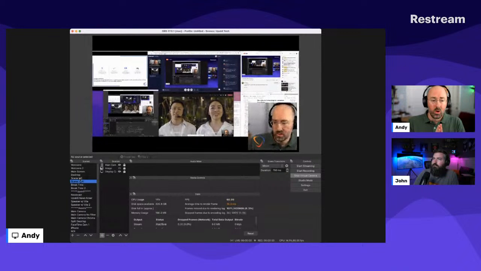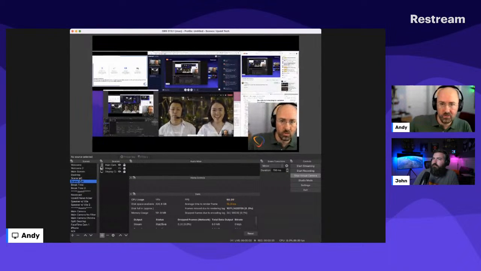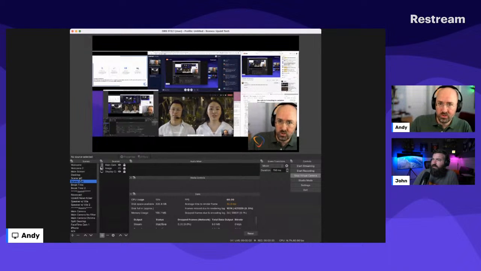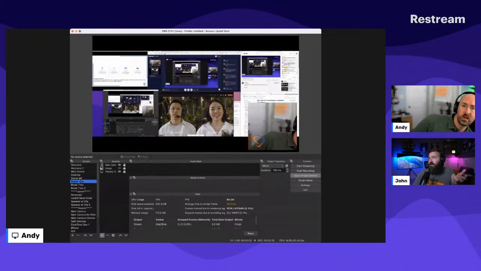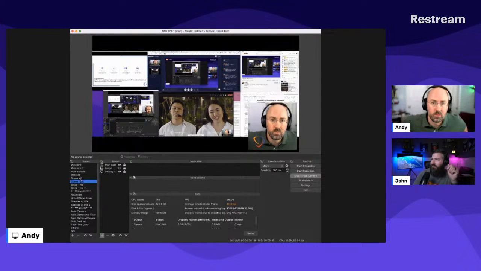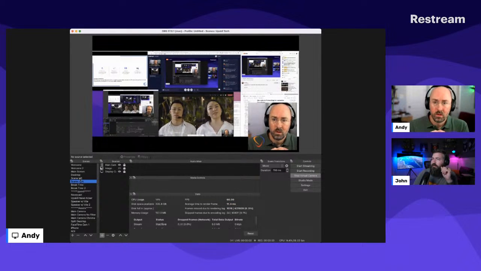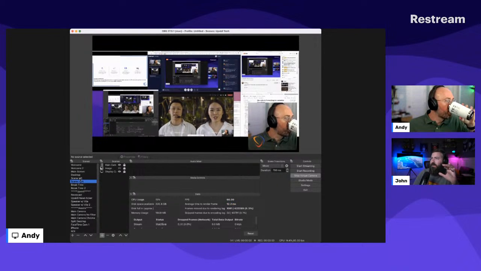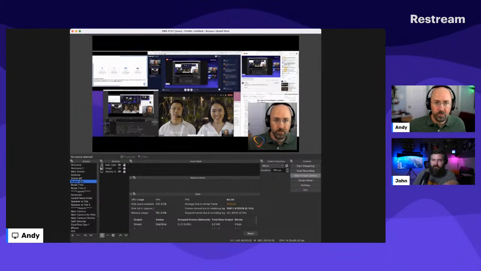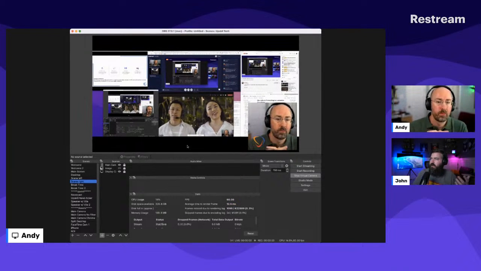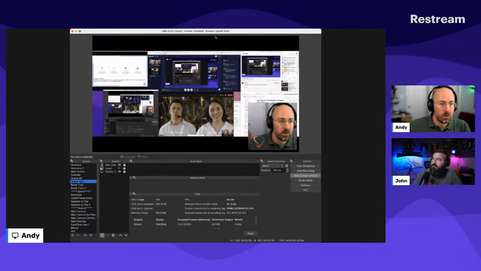The Stream Deck's extra. You don't have to do that. In fact, there's a free Stream Deck plugin for your phone, and you can do virtual buttons on the phone. It's basically the same thing, maybe $3 a month or something like that. Yeah, and there are even free versions that do the same thing. Elgato has an official one, but there's also touch control on iPad and iPhone. Even with OBS, if you go into the settings, you can custom map keyboard shortcuts. So if you want control option 1 to be your first scene, control option 2, control option 3, you can even do that with just your existing keyboard with OBS.